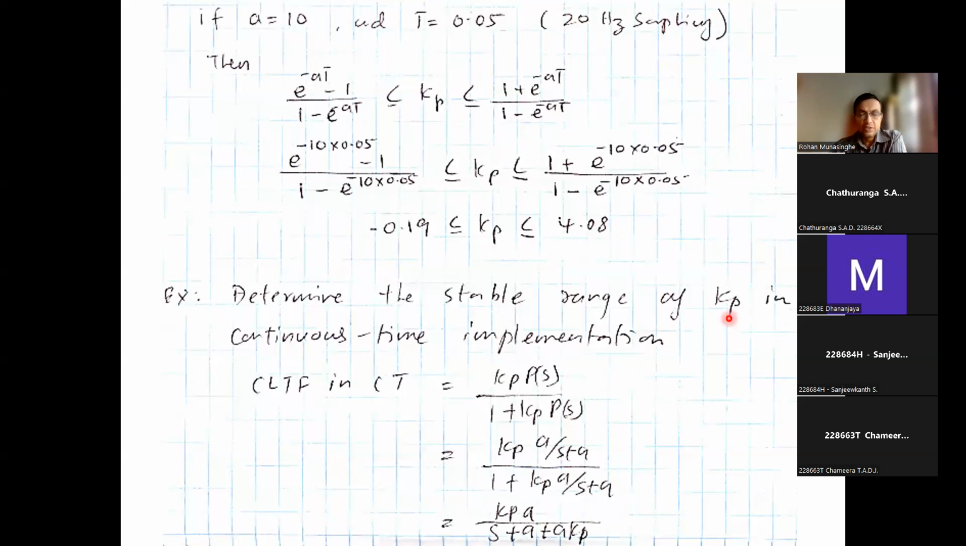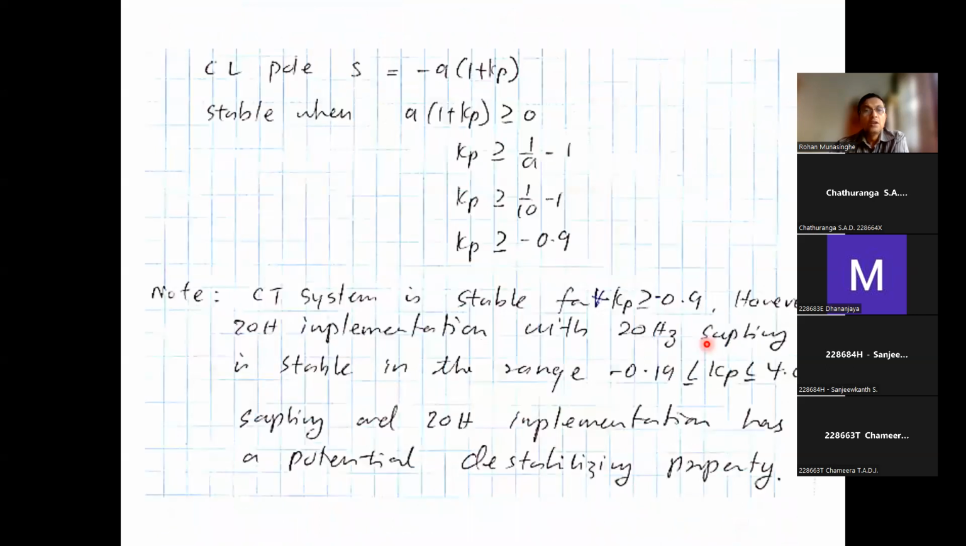Now, for our own interest, if you want to look at the continuous time plant and see the stability, you can do that over here. The closed loop transfer function in continuous time is just this, and once you derive the closed loop pole, it will be -a(1+Kp). This is something we have seen earlier also in the first semester, the single pole case in the feedback loop. And it has to be in the negative half plane, right? So this -a(1+Kp), the whole thing